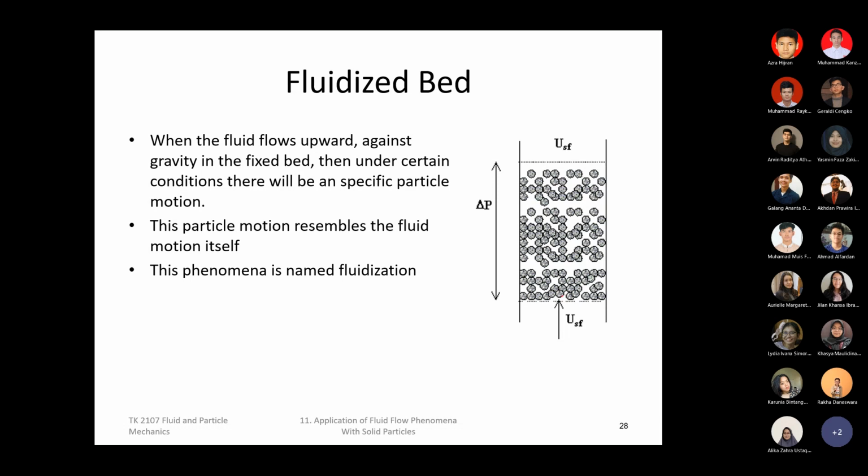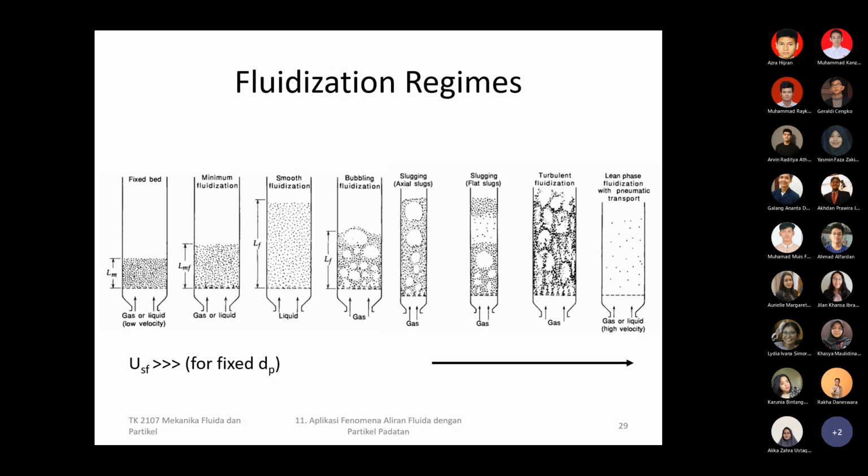Okay, so the key over here is you just need to keep increasing the velocity. Okay, you keep increasing the velocity until it reaches above the minimum fluidization condition. So again, these are the 7 regimes that we have. We've talked about this, the fixed bed. Okay, and even the minimum fluidization can still be modeled similarly to all the formulas used in the fixed bed condition. Okay, because this is like the final point before the particle is lifted.